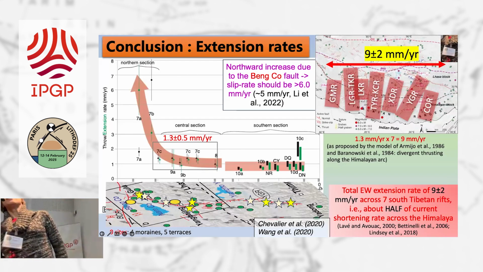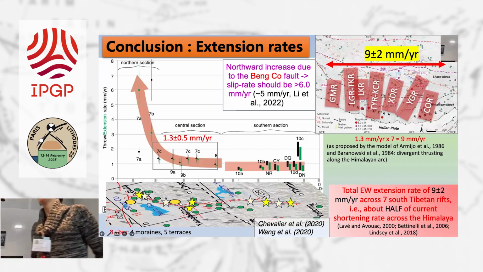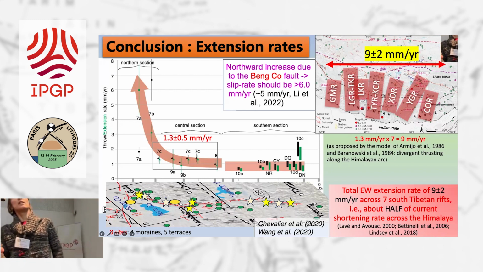So what about the extension rates? When we put all of those data along the Yadong-Gulu Rift, I presented the ones with the yellow stars, in the south it's uniform at about 0.9 millimeters per year. And then when you pass the Yadong-Tsampo suture, it's averaging at 1.3 millimeters per year. And suddenly, after you pass the Gulu Bend, it increases rapidly to 3 and 6 millimeters per year of extension,